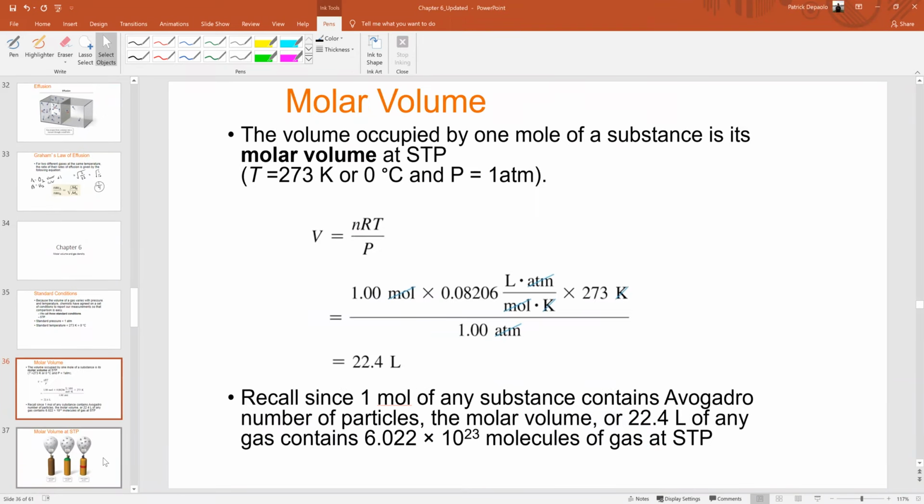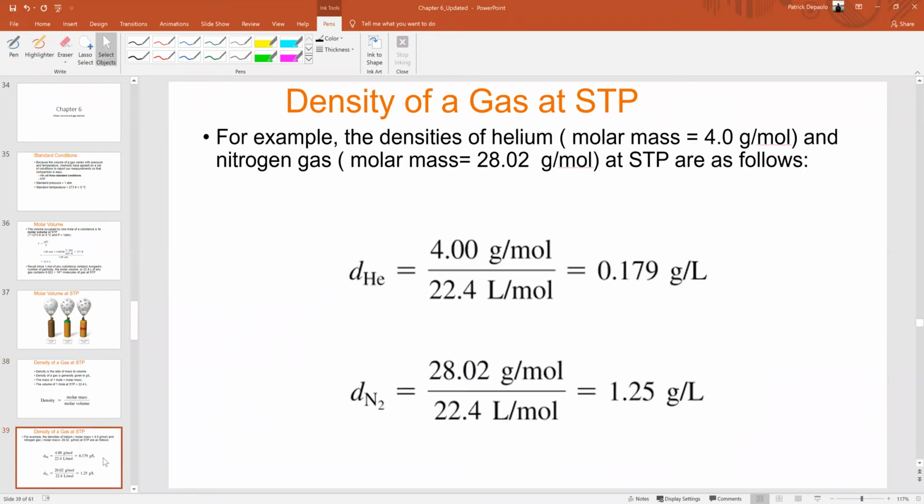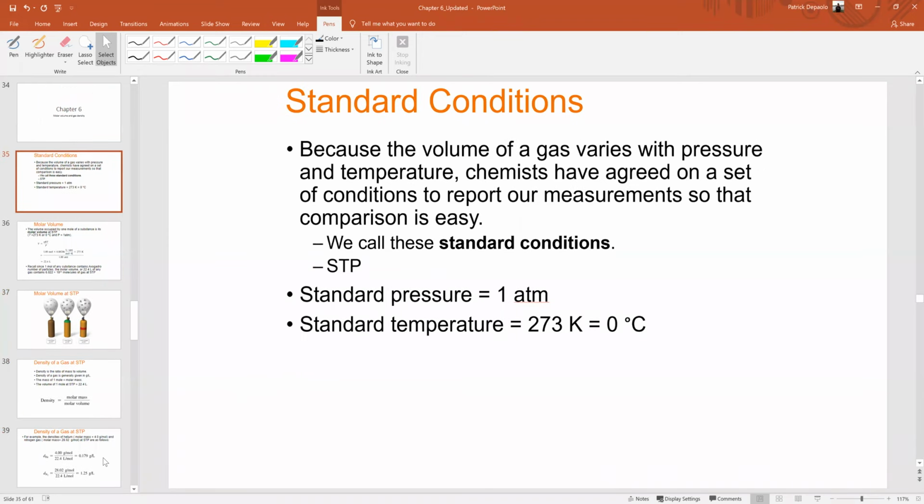All right, so the next thing we're going to talk about is the standard conditions of gases. And there's this thing called STP. So here's STP. STP stands for standard temperature pressure. T is temperature, P is pressure. And for gases, we can say that a lot of gases exist at STP, which is 0 Celsius, 1 atm,